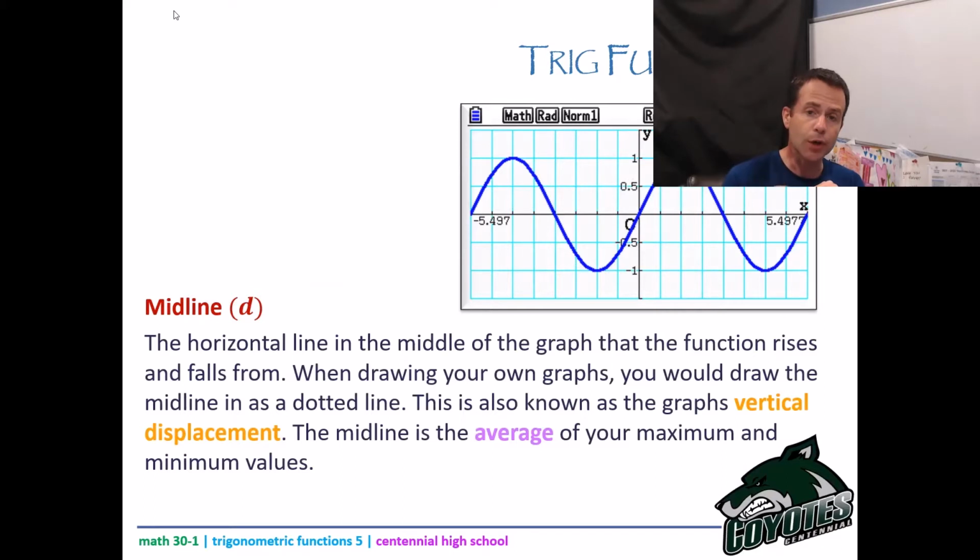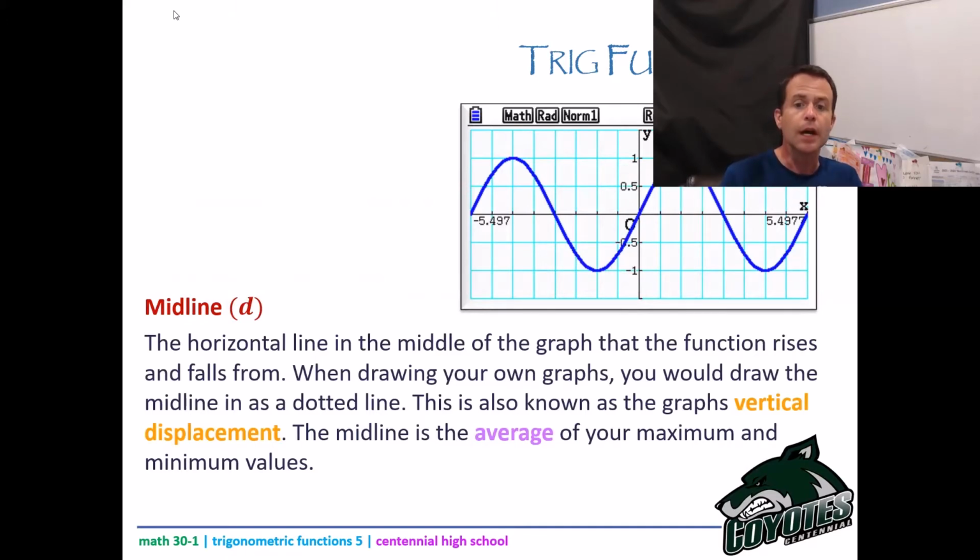The D value is also known as your vertical displacement. From a transformational standpoint, we think about how far up or down we move the graph of y equals sine x, right? If y equals sine x was our base function, if I say y equals sine x plus 2, then I took the graph of y equals sine x and I moved everything up 2, okay? So that vertical translation aspect in the realm of sinusoidal graphs or periodic graphs, we call that the vertical displacement,